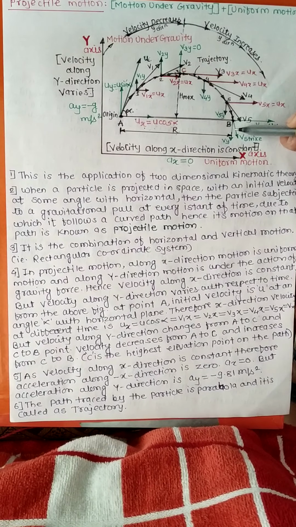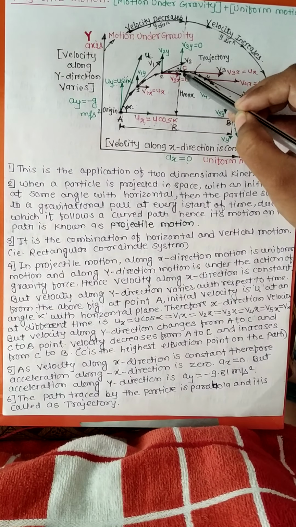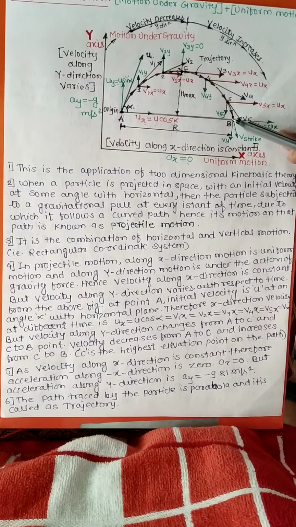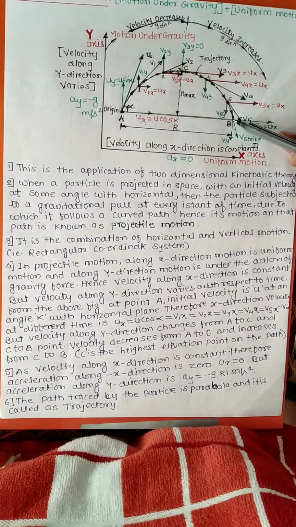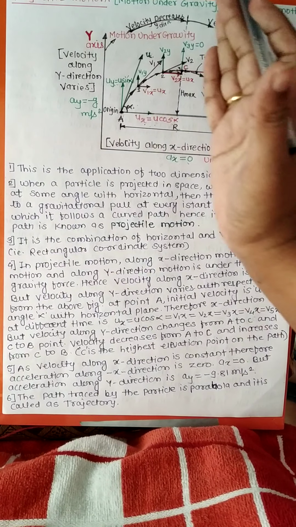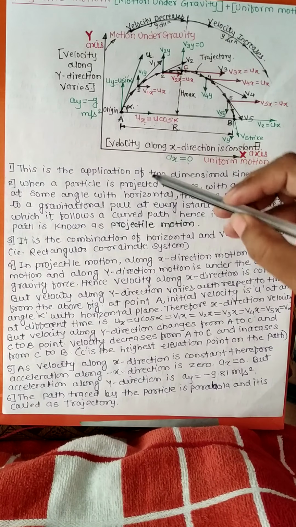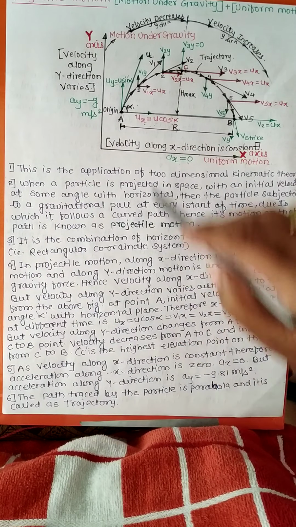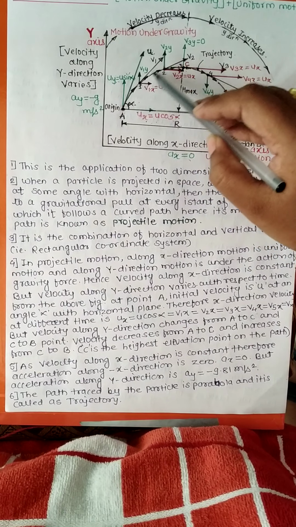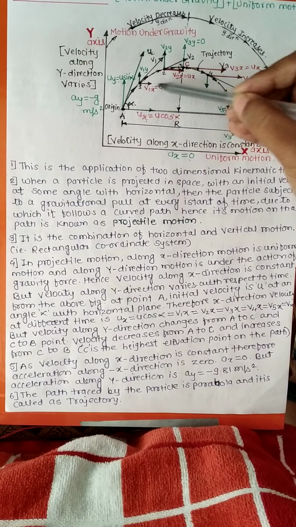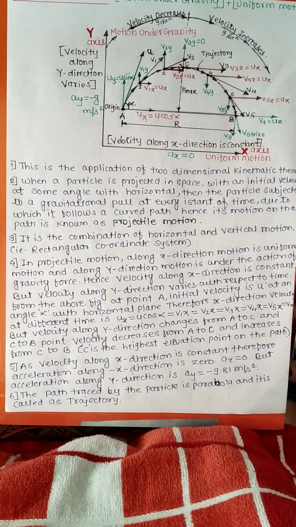Increases in this manner. From A to C, velocity decreases, and from C to B, the y component of velocity increases. So therefore, the trajectory is defined in two parts for the different velocities. Now, you can observe which velocity is different. The component of velocity along the y direction varies with respect to time, but the velocity in the x direction remains constant.